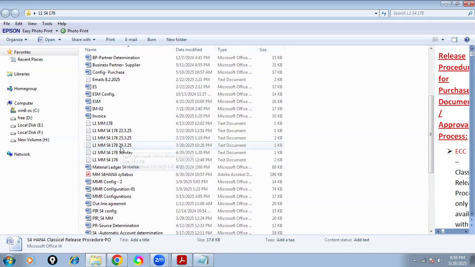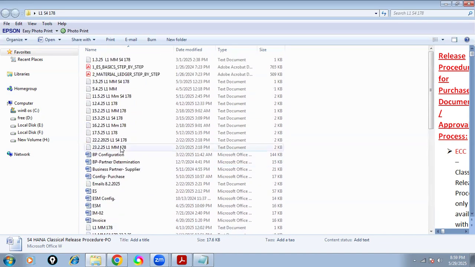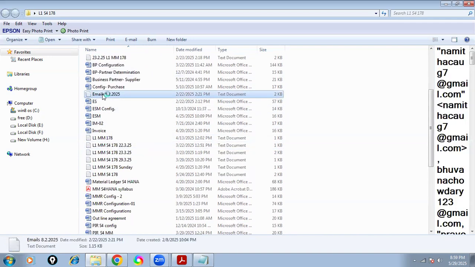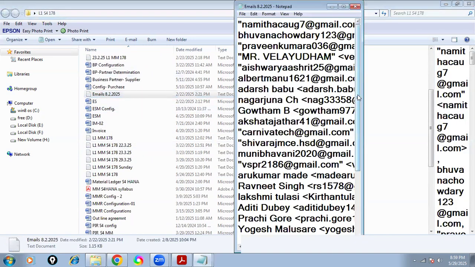In the current batch we have 40 students. I take limited students; if 30, then 30, if 40, then 40. Once I reach that number, I will close the admissions. So students, this batch's admissions have already started.